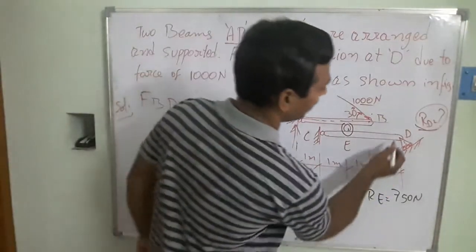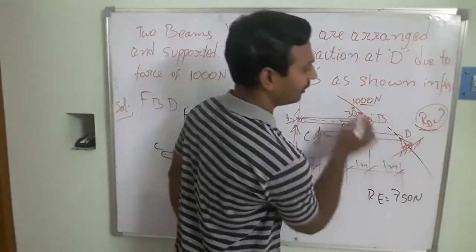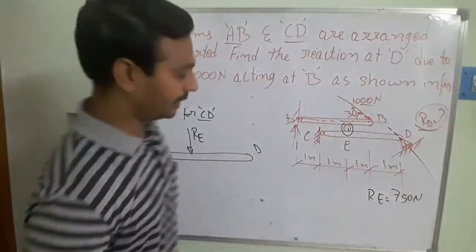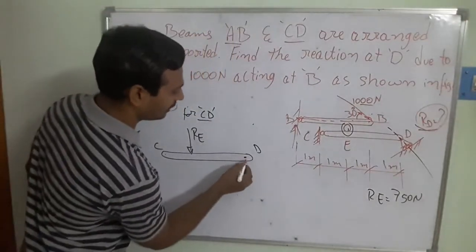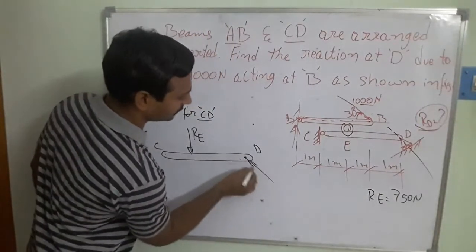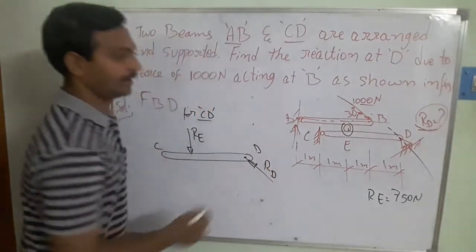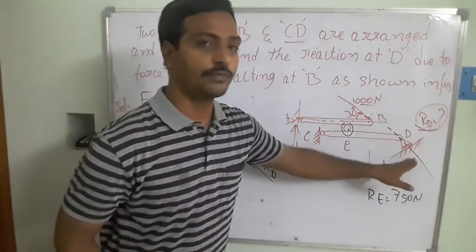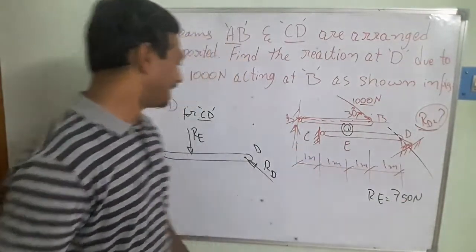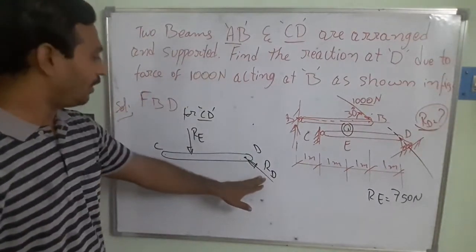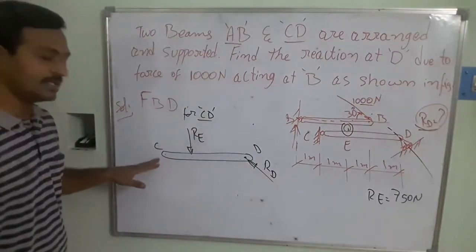At the same time, the reaction force I am going to show here is normal to the contact point. So that I am going to be taking in this direction. So this is going to be your RD. We do have drawn the free body diagrams for this part, right? And similarly RD we got it.